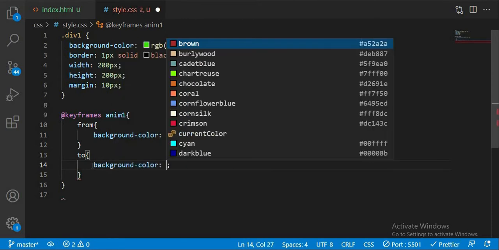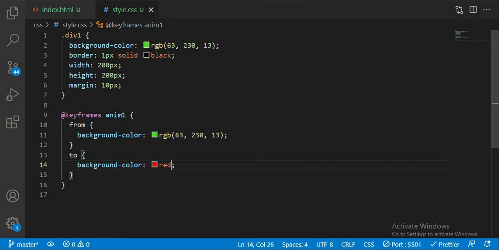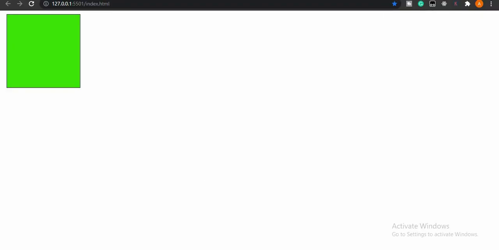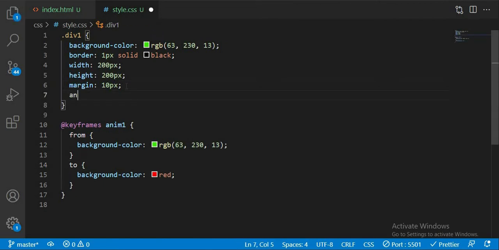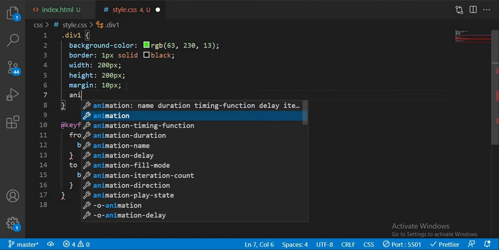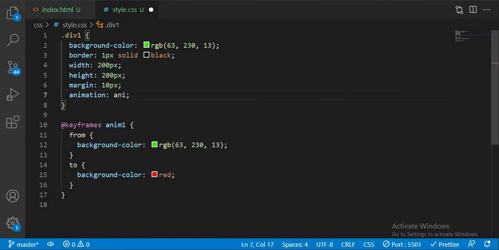Now at the end we want it to be what? Let's select a new color, let's say red. Okay, red. So go back. Okay, it's not working. Why? Because we didn't call the animation here. Okay, so say animation, and we're going to call the animation name, which is anim1,